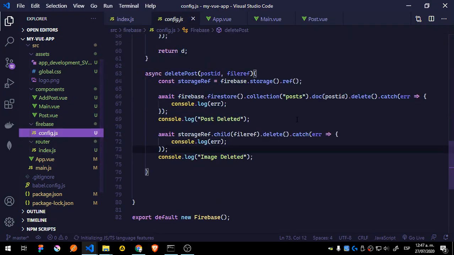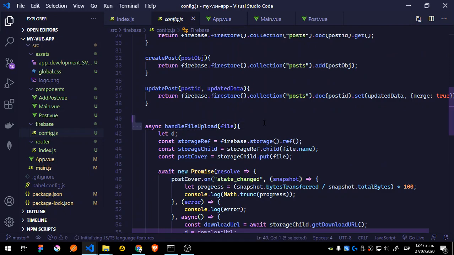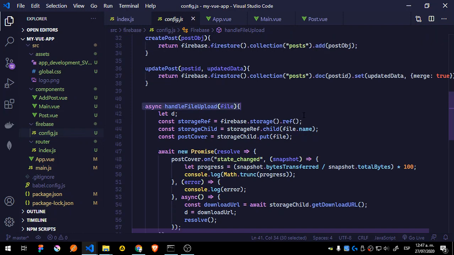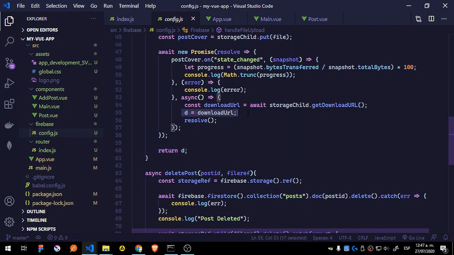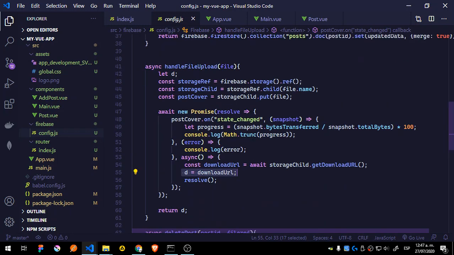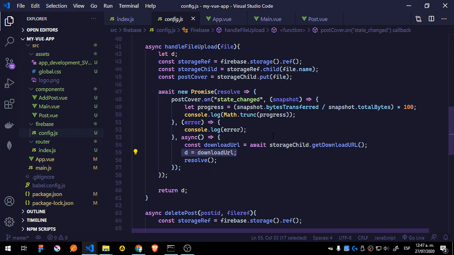What the hell is this? Okay, config. I was looking for this actually. So we will need to just move this function out or set it as its own function, something like I have done with React. And this will be done first, then it's going to return the URL and it's going to be consumed by the other function that requires it. So this is going to be moved outside, since we cannot pass this snapshot, the progress, to the template as it is. We could if we use RxJS, but I don't want to use RxJS in this case,